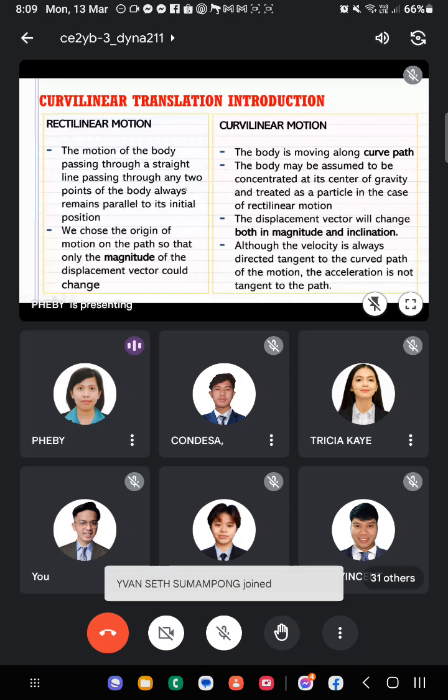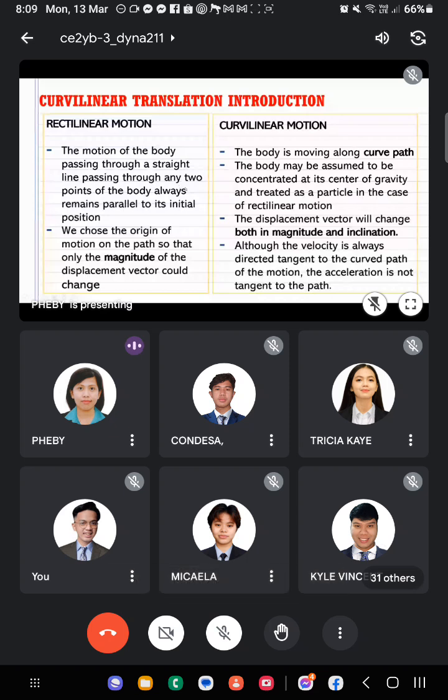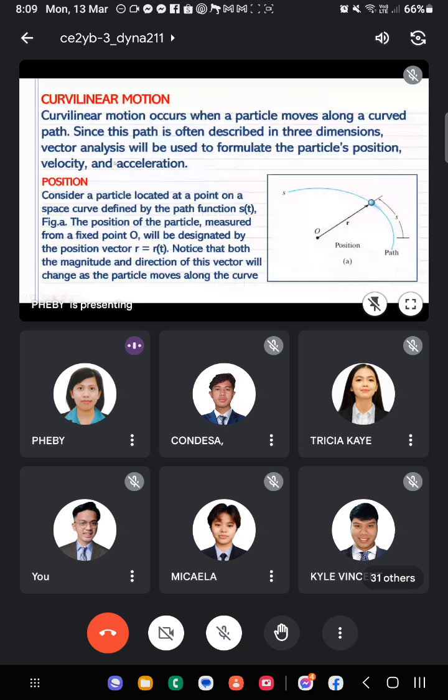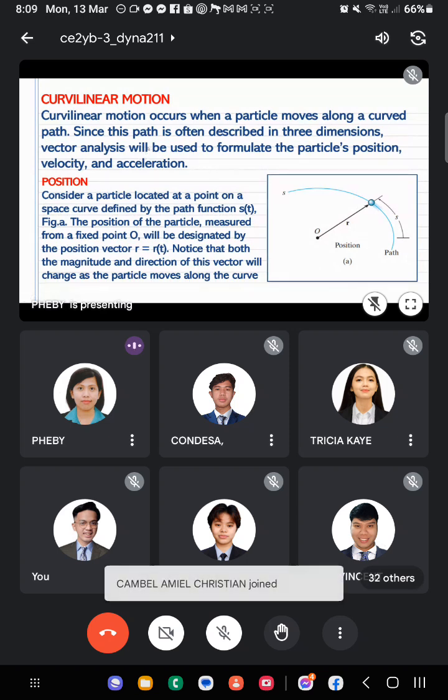Basically, one of the examples or topics under curvilinear motion is yung projectile motion na naituro na natin or na-discuss na natin nung ating prelim. So in curvilinear motion, it occurs when a particle moves along a curved path. Since this path is often described in 3 dimensions, vector analysis will be used to formulate the particle's position, velocity, and